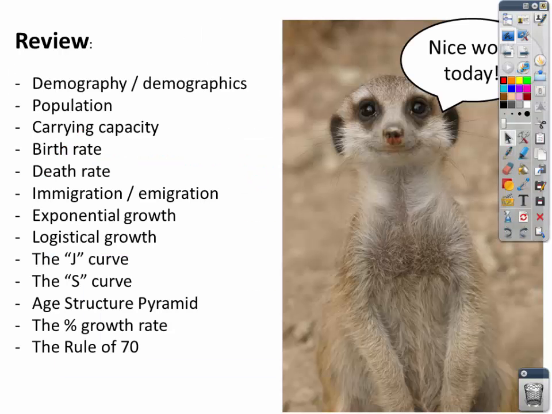All right, moving forward. We did a lot of stuff here today. We talked about exponential growth and logistical growth, the J and the S curve. We looked at the age structure pyramid and the percent growth rate and the rule of 70 as being a convenient way to figure out how fast and how quickly a population doubles. So nice work. What I'm going to do is leave you off here,